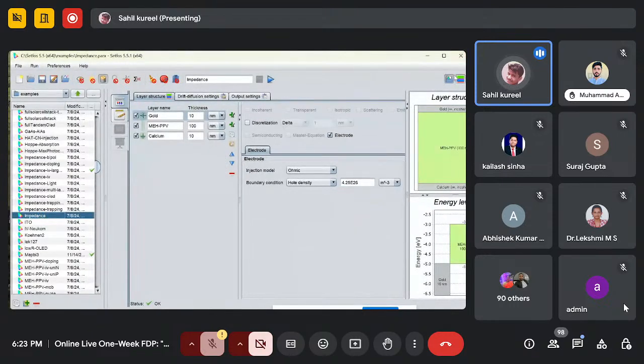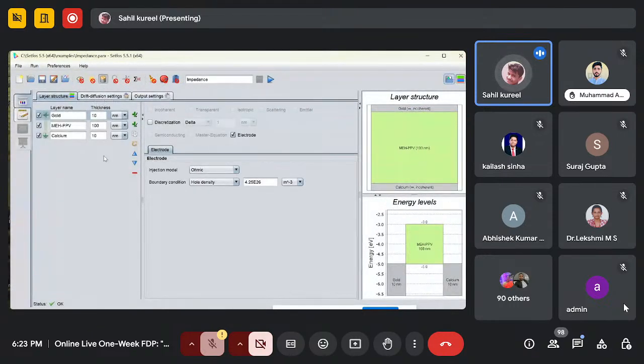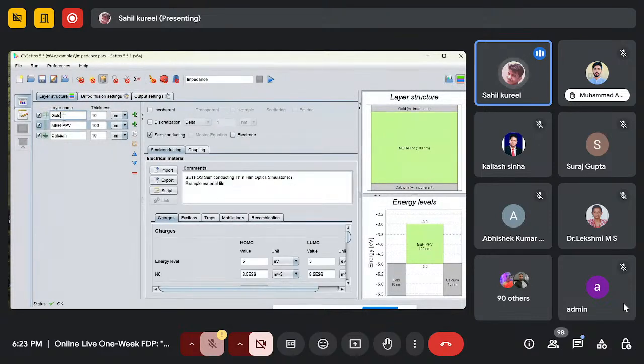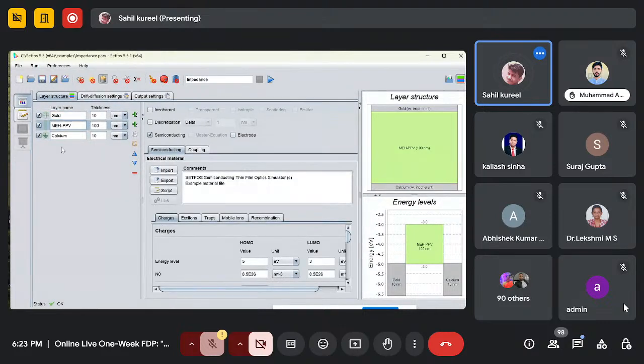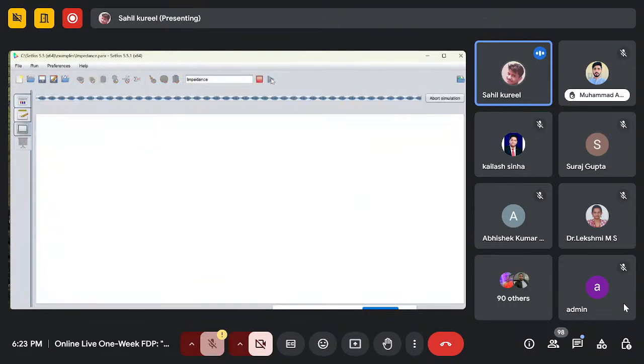There is even some AC analysis also. This is one example where there is a simple gold metallic electrode, calcium as the back electrode, and an organic molecule. This particular structure is visualized on the right side, along with the energy levels. Here we will try to see the impedance related characteristics. So if I run it,